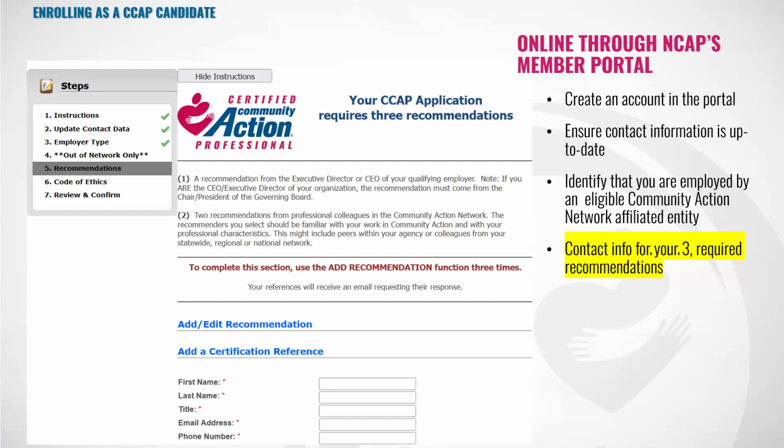Your references do not need to write you a letter, and that letter does not have to be submitted to the CCAP office. References come in electronically. So you enter their name, enter their email address, the information that's requested by the form. The email gets automatically sent as soon as you move on to the next reference. At that moment, as soon as it hits the system,